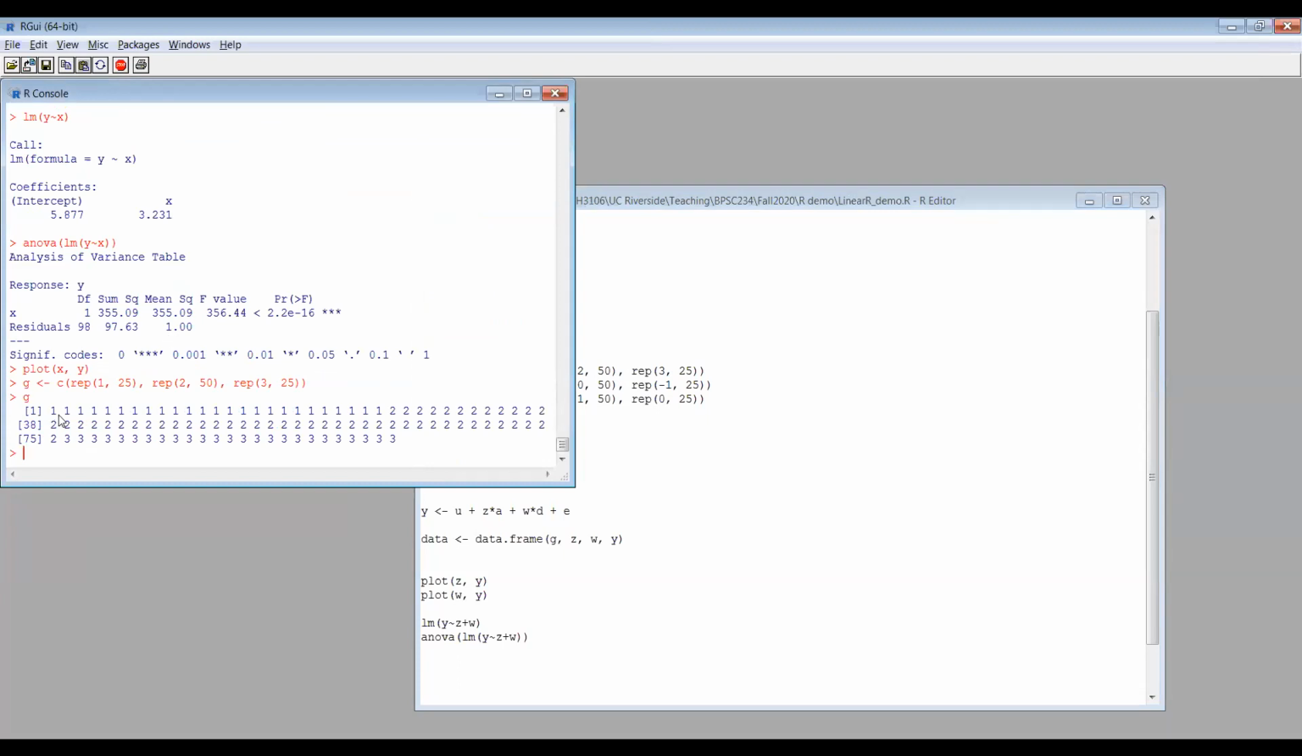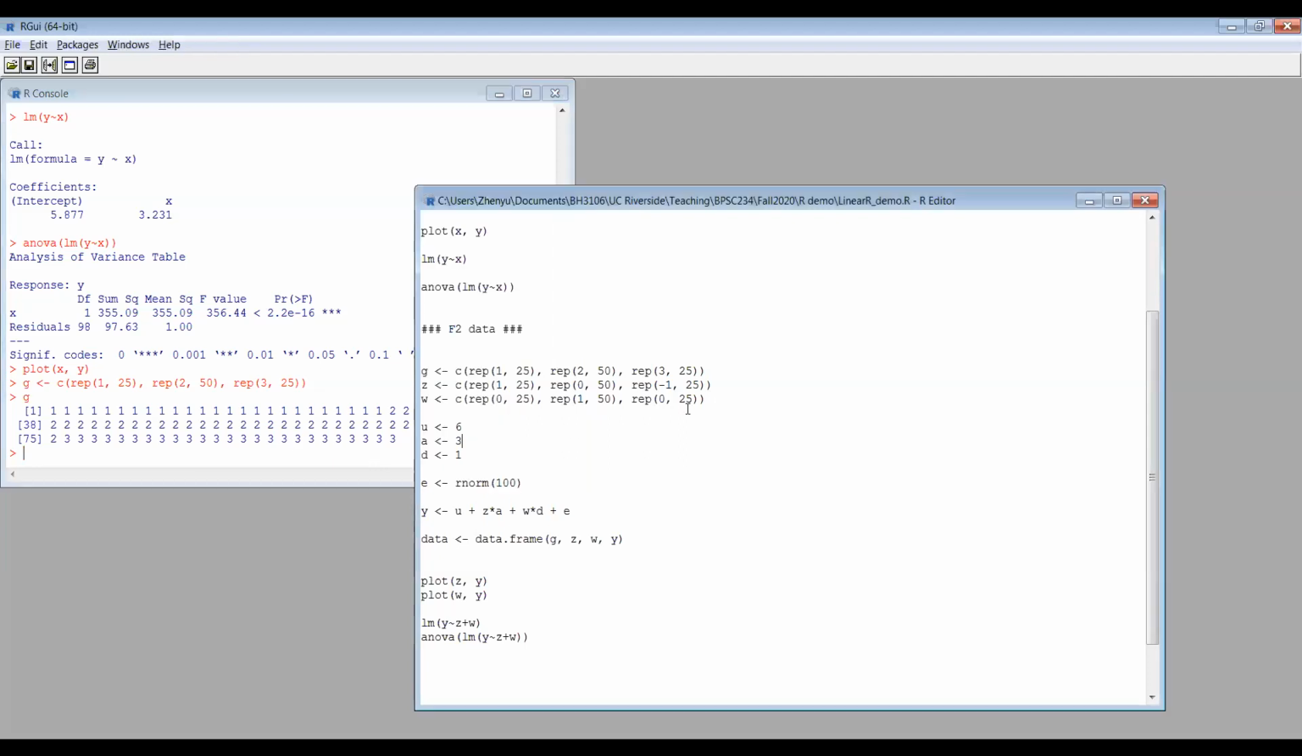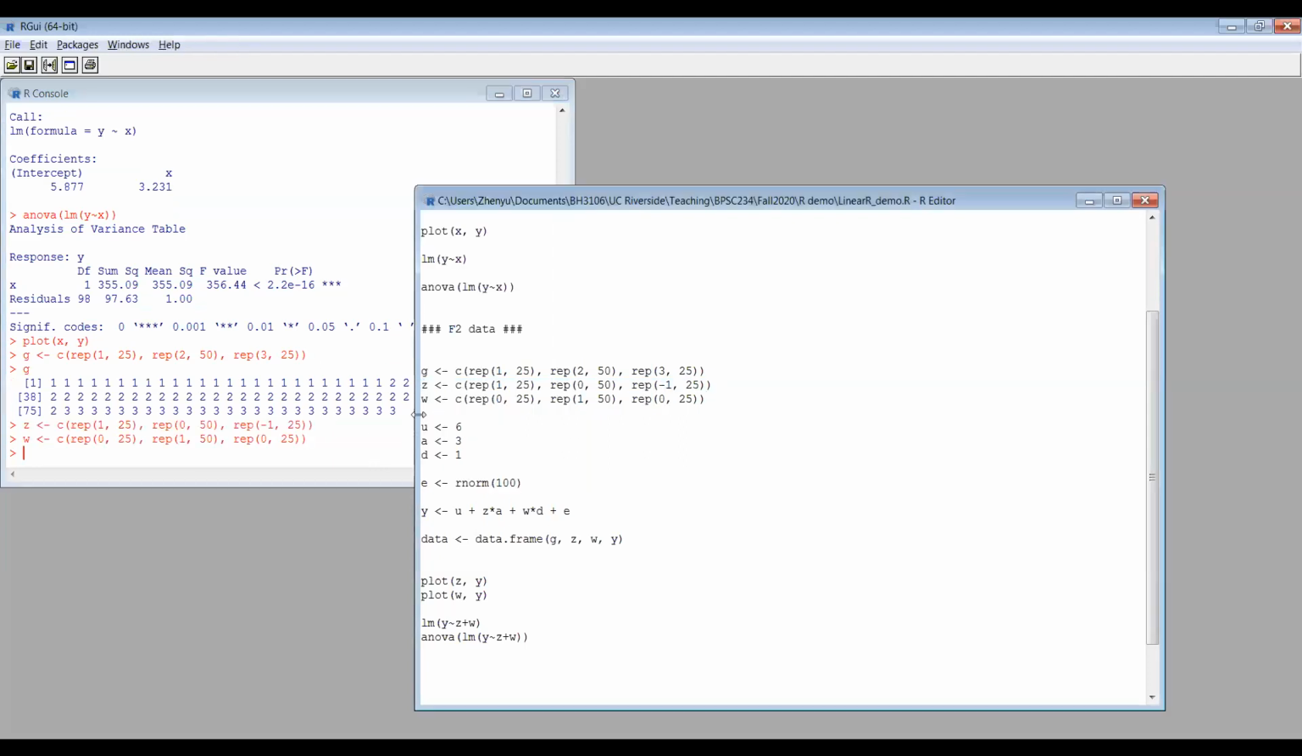So you're going to see what? The first 25 represent the first genotype, the second 50 represent the second genotype, and the last 25 represent the third genotype. This is how we generate the Z and the W for this population of 100 F2 progeny. And in this case, we let the midpoint equal 6, all right, midpoint, and the additive effect